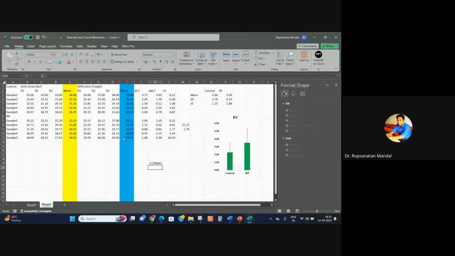And you can find the t value is actually 0.29. So the value is greater than 0.05. That's why in this experiment the data is not significantly varied. So control compared to the resistant plant, the fold change does not vary significantly. Okay, that's why